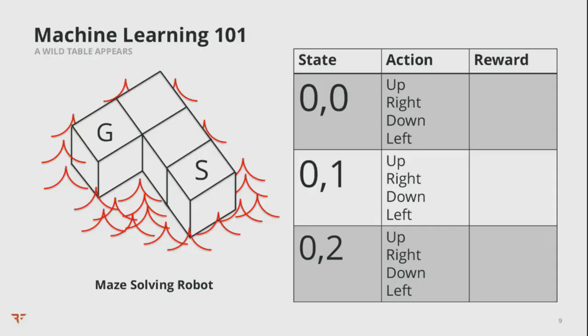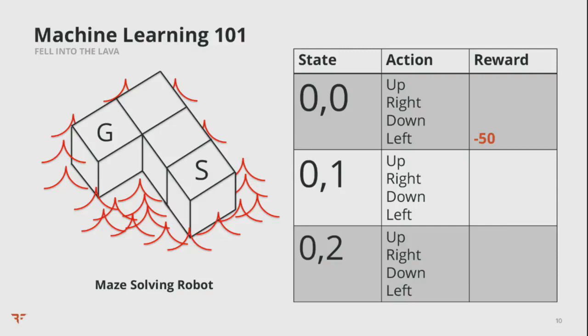This is the most simple machine learning algorithm possible. Basically, you just have your robot take actions and record the reward that it gets. So for instance, it might start at the starting position, take a step left, fall into the lava and go, damn, that's minus 50 points. It just arbitrarily knows that 50 points is what you get for falling into lava.